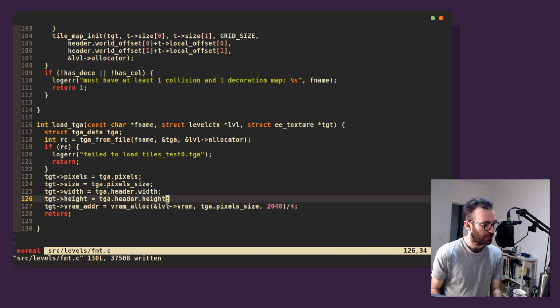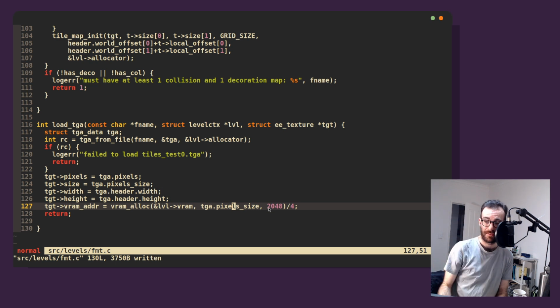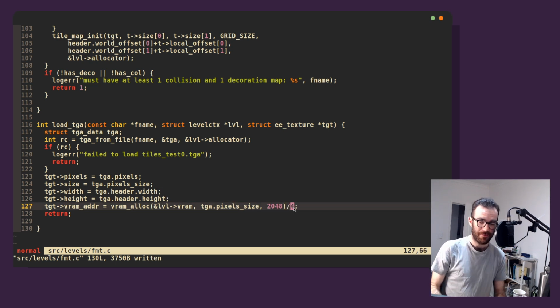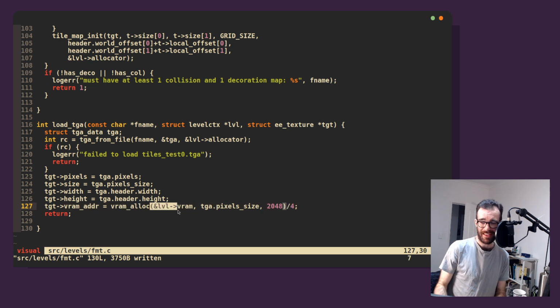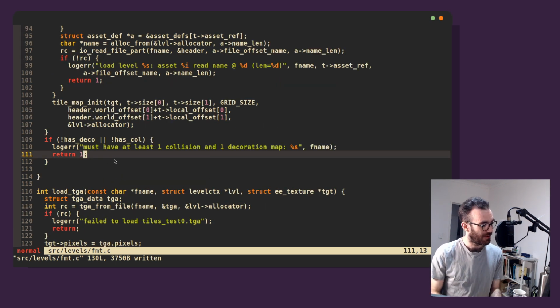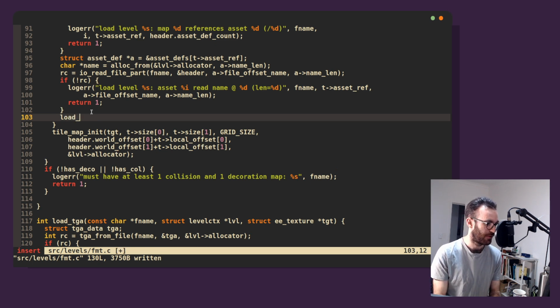Awesome. We do a VRAM alloc, which is good, from our level VRAM allocator, the number of pixels, and we do a divide by 4, which is even better. Why do we divide by 4? Because VRAM addresses are in words, not in bytes, but my VRAM allocator works in bytes. Beautiful. Okay, so this is good. We have our asset now. We have an asset name. We just need to say load TGA with our name,